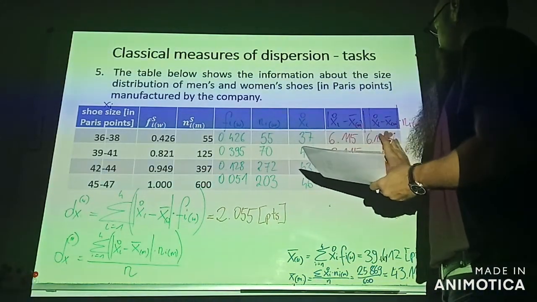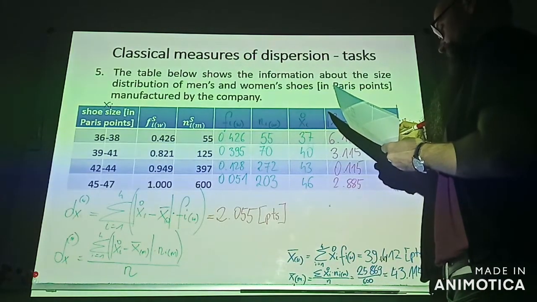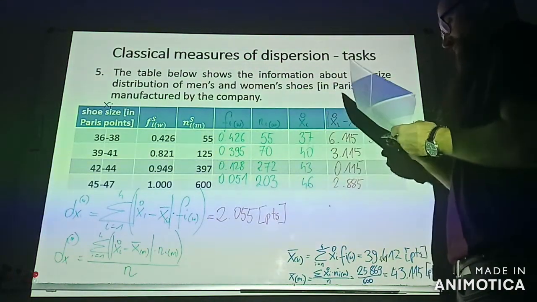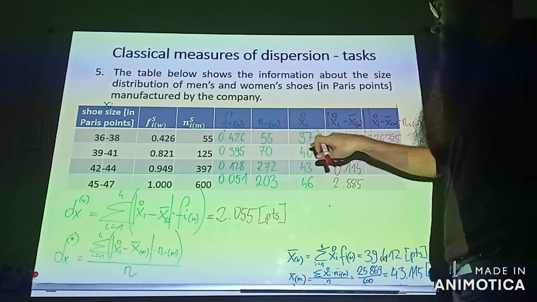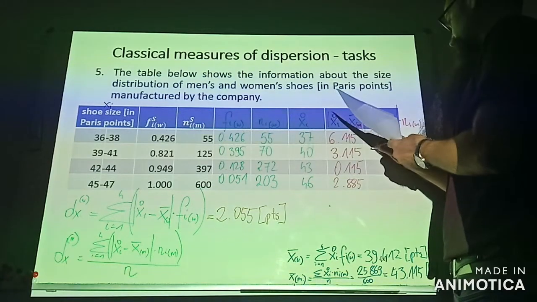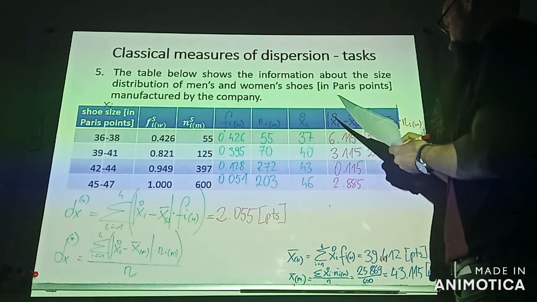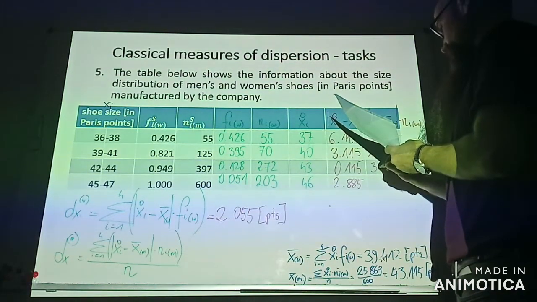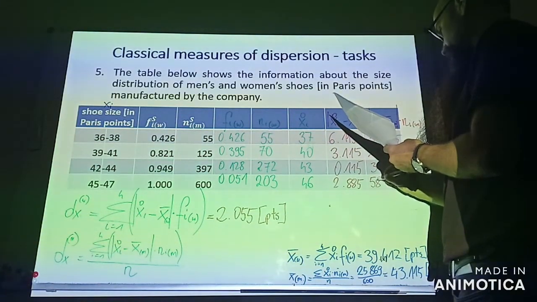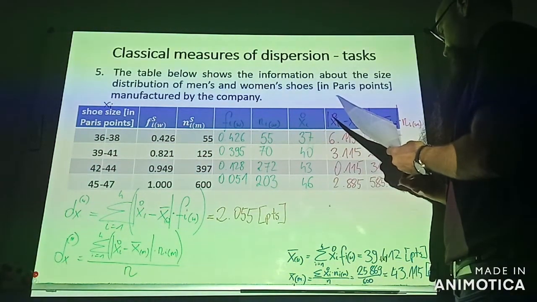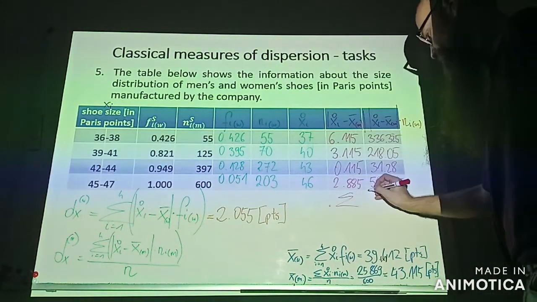And the final result is 336.325. In the next row I have 3.115 by 70. The result is 218.05. And then I have 31.28 and 585.655. And the sum of this column,